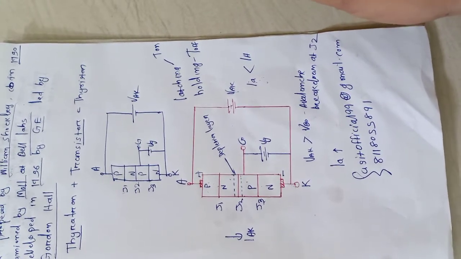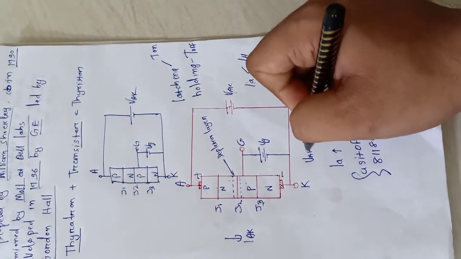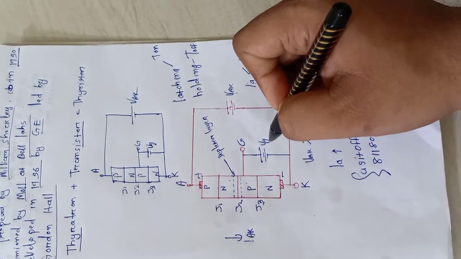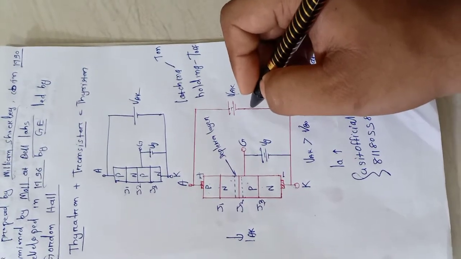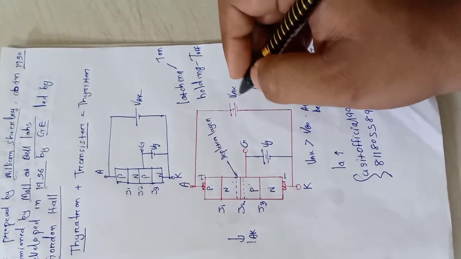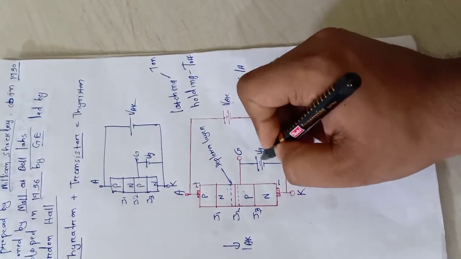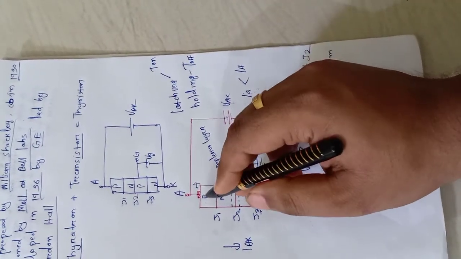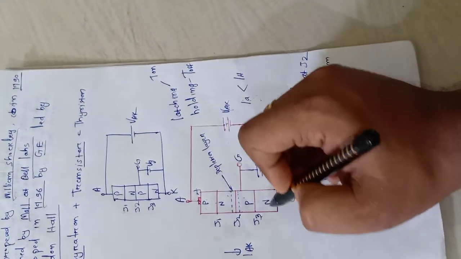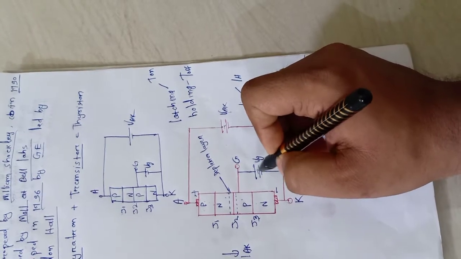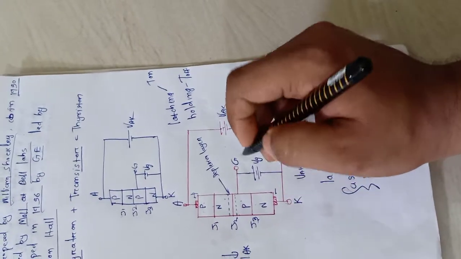So if a positive potential Vg is applied at the gate terminal with respect to the cathode, then the breakdown of the junction J2 occurs at a lower value of the forward anode to cathode voltage. Once avalanche breakdown occurs, the thyristor continues to conduct irrespective of the gate voltage. So once our device gets started, we don't require this Vg to conduct current through this device. What we need to do is, until the device turns on, we need the gate voltage. Whenever our device has turned on, we don't require this Vg in this circuit.